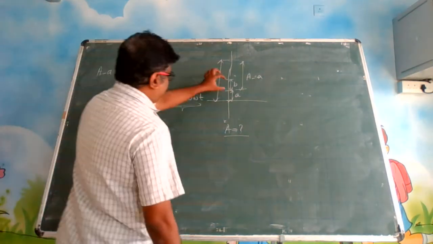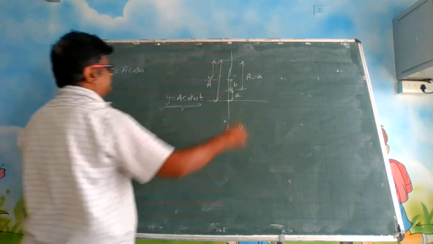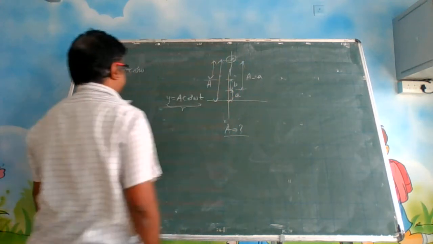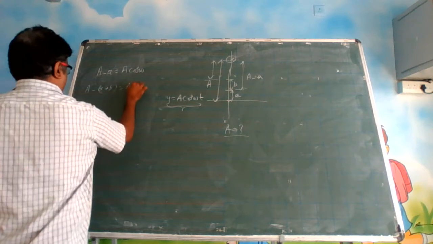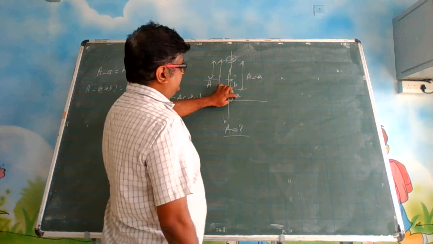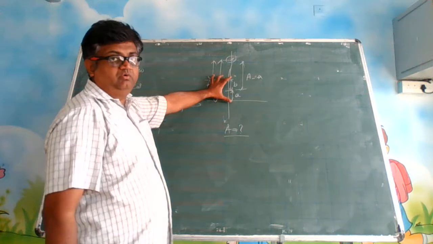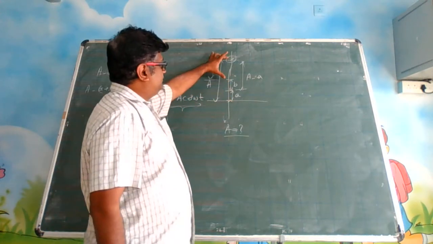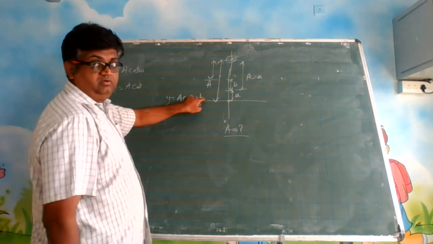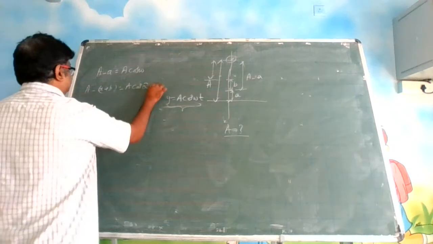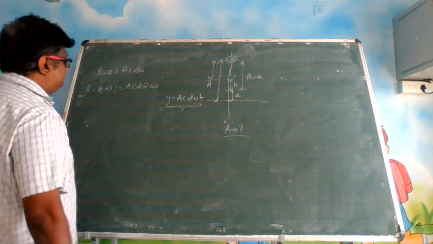In the second it traveled this much. So how much did it travel? When you write displacement, you have to take this as the reference point. So it is A minus a plus b is equal to A cos, see, a in the first second, b in the second, t is equal to 1, t is equal to 2. So in total 2 seconds, it traveled this much. We are measuring from here, that's why I have written A minus a plus b, equal to A cos omega into t, in place of t, 2. Now you have to use these two equations and you have to solve for A.